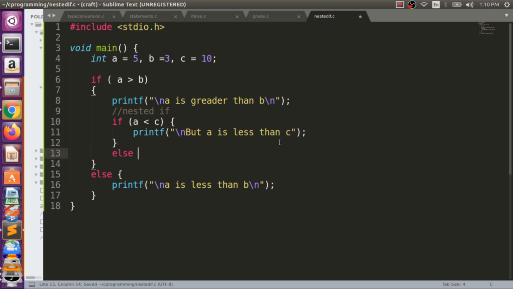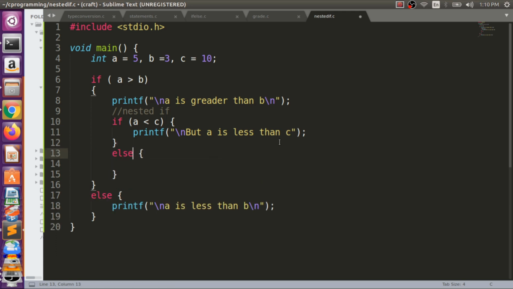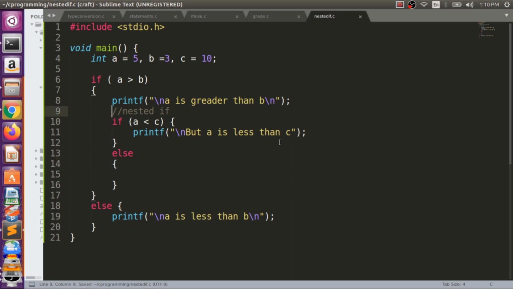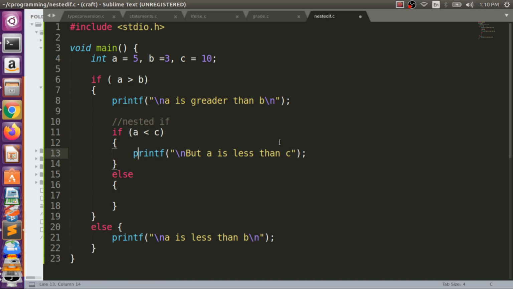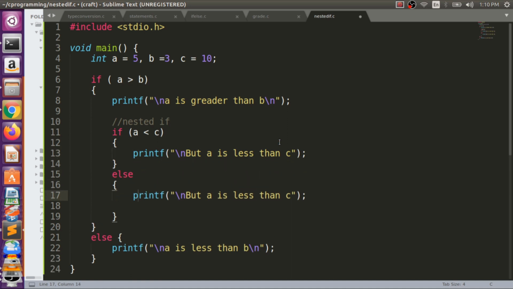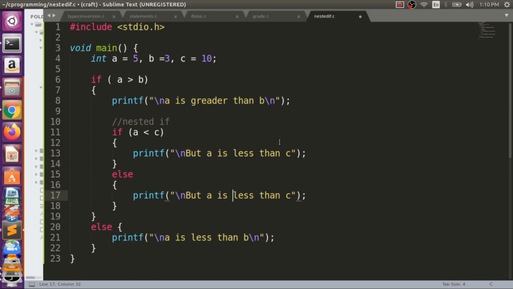And in else what we will do, we will do this thing this way also, right? So we copy this line and get into that. A is greater, let me write the spelling, yeah, a is greater than c also,